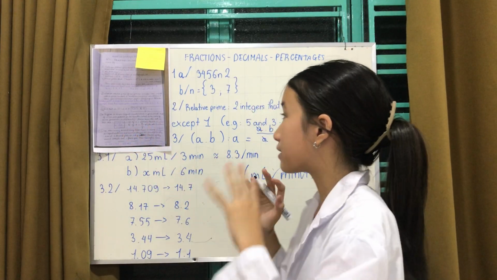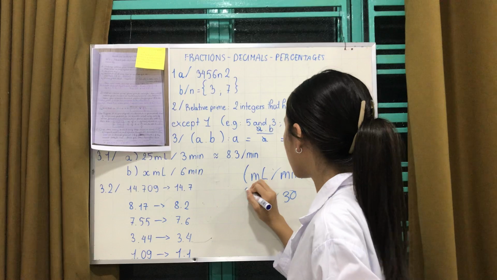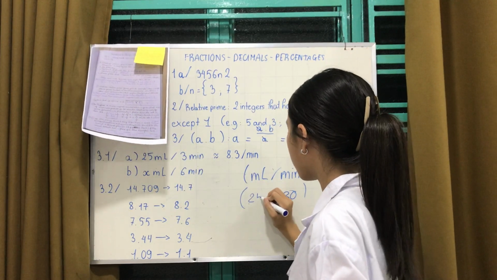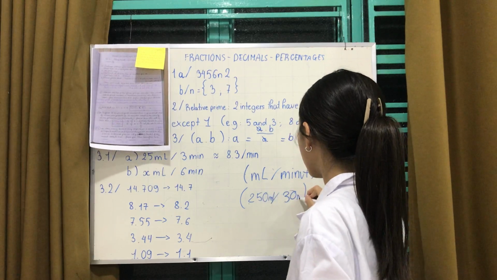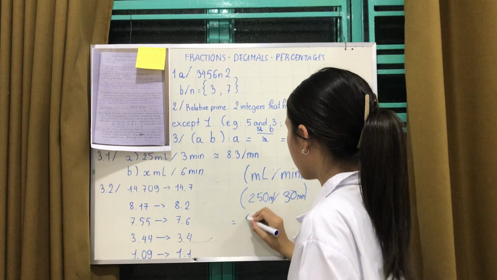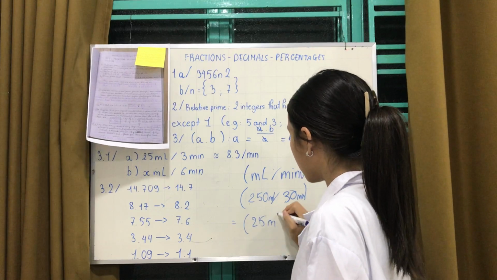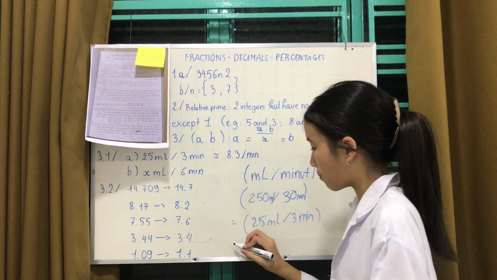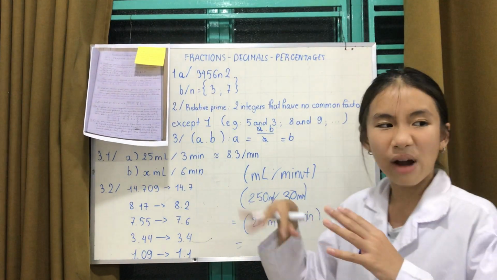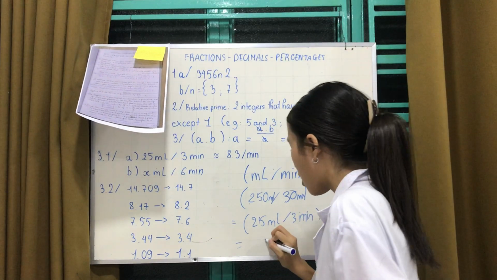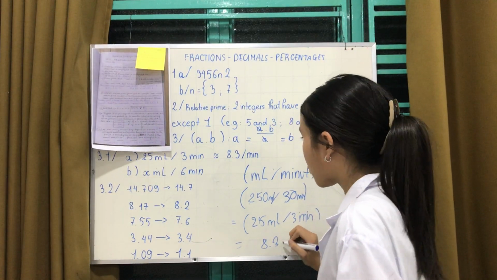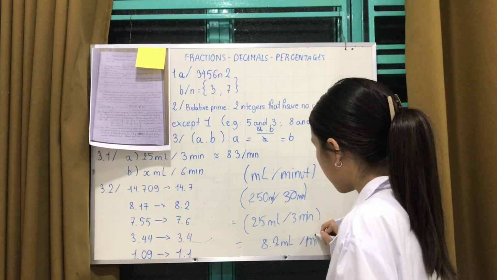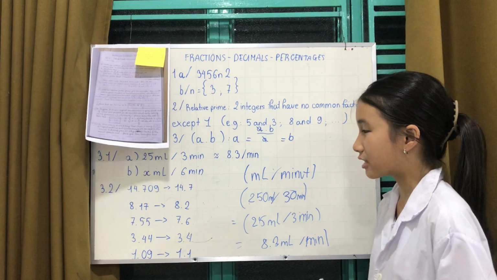So we know that the amount of time is 30 minutes, and if X equals 250 milliliters, this will equal 25 milliliters per 3 minutes. But I want to simplify this down even more. Now, this will round to approximately 3.3 milliliters of urine per minute. Okay, so that is my answer for problem